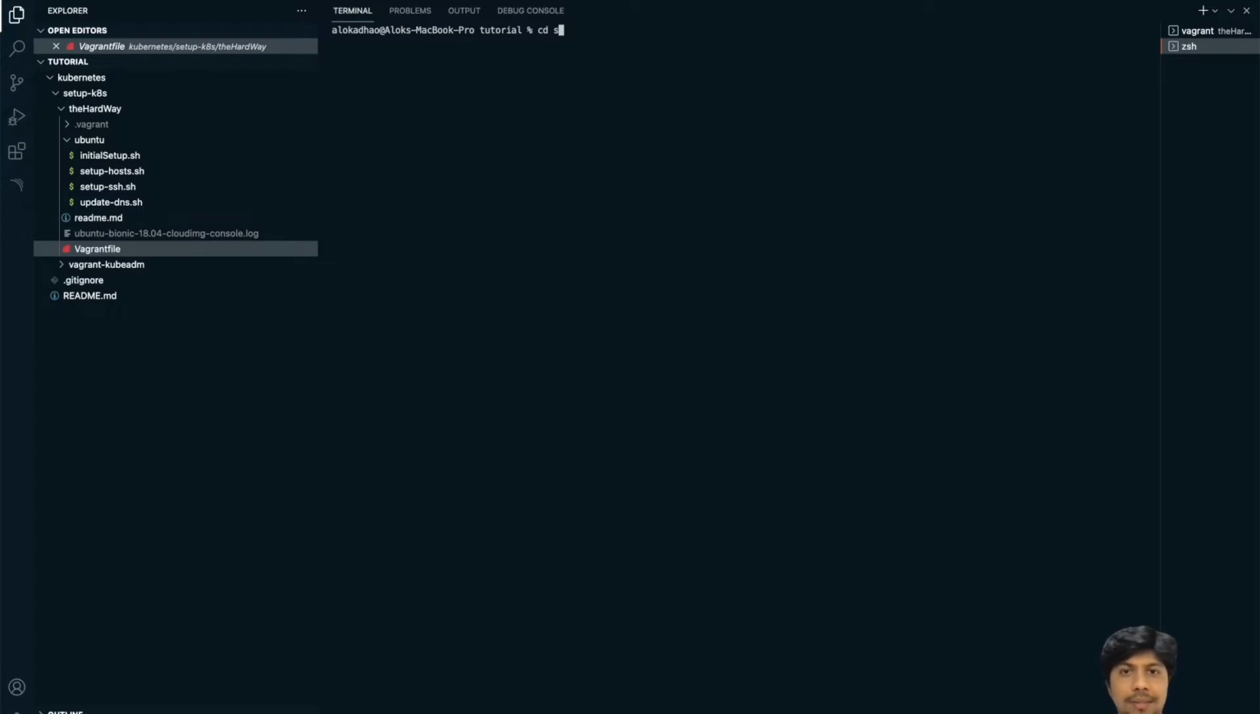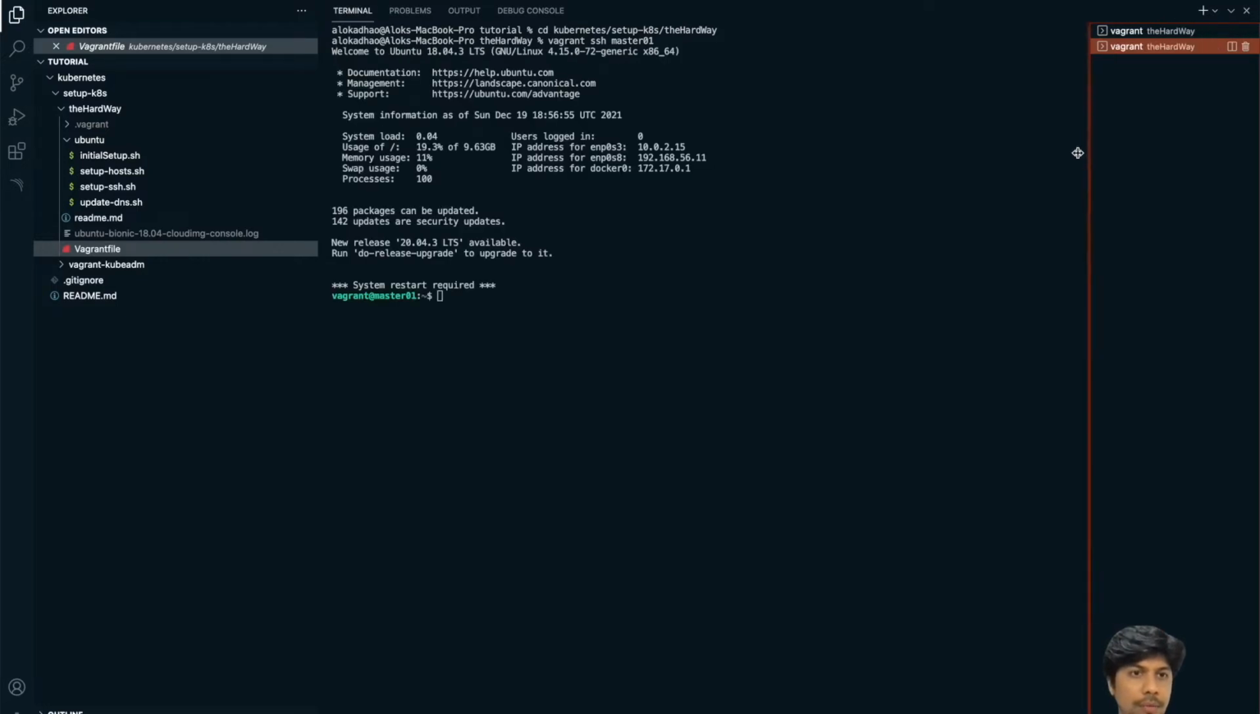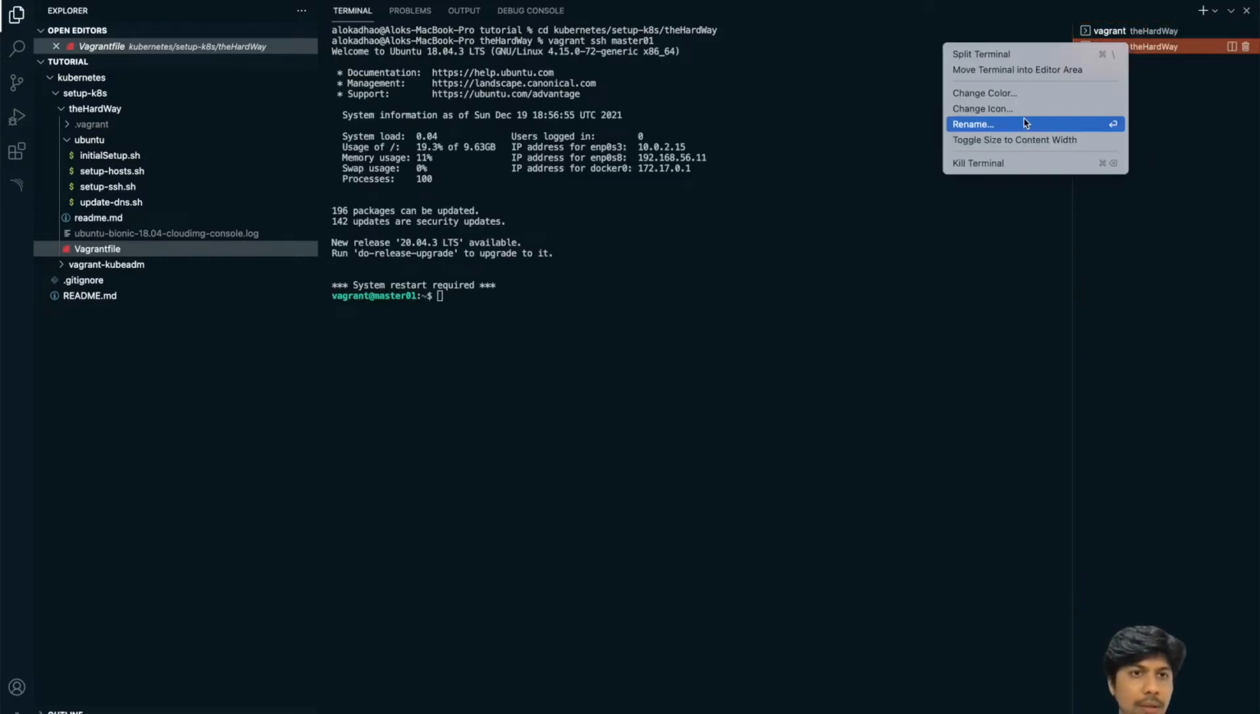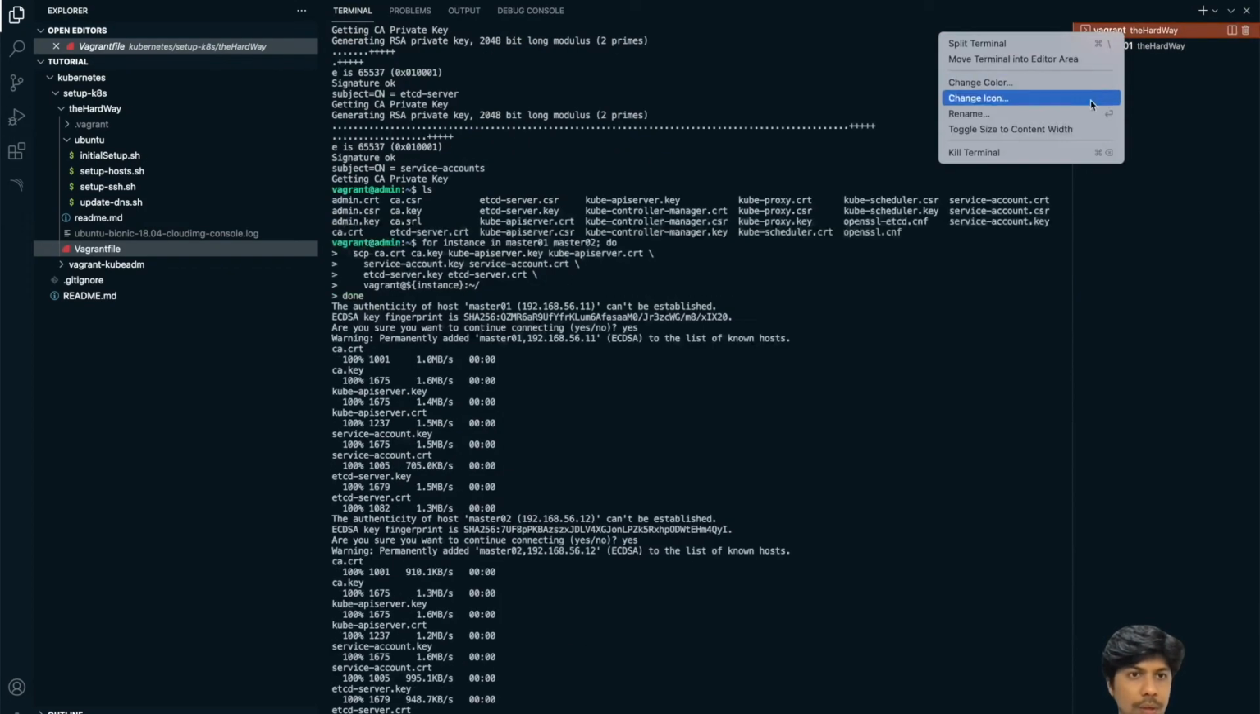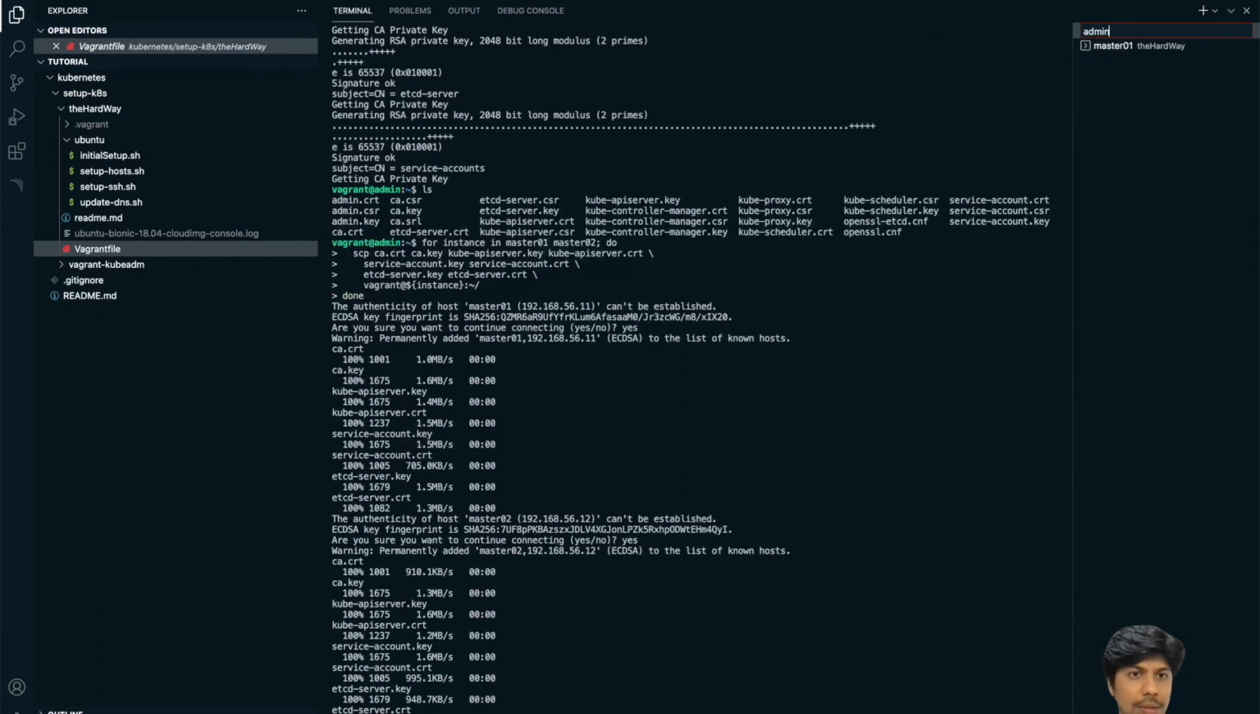cd setup. Kubernetes setup and the hardware, vagrant ssh master 01. So here, for reference, I'll just rename this to master 01, and this is our admin. Okay,